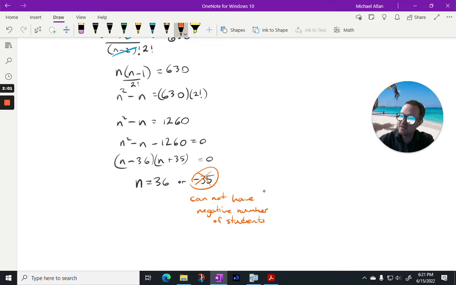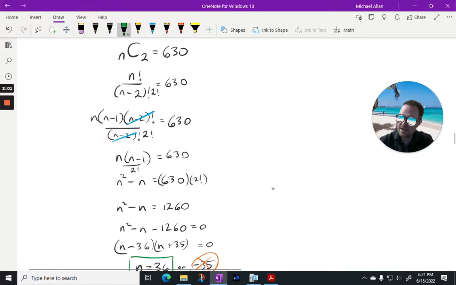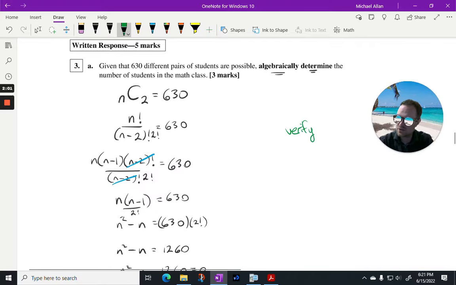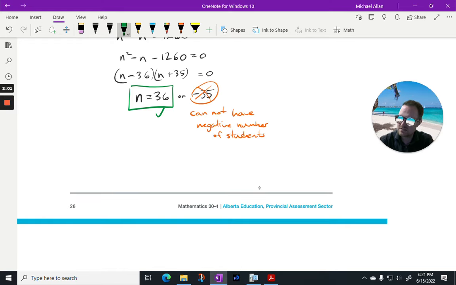Right? The other one, 36 here, I'm going to go over to my verification side. I'm going to verify it first. Verify. Just make sure it works. So I'm going to go 35C2, and that's equal to 635, or 630. Check mark. So this answer is right. There's 36 students in this classroom. I'm going to write that down. So there are 36 students